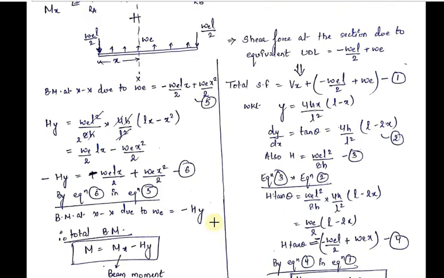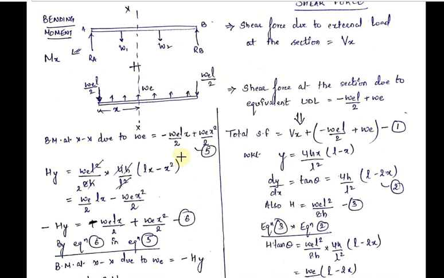Now let us see how we can find out the value of bending moment at any section in a two-hinged stiffening girder. Again, if we add up the bending moment in the first part plus the bending moment in the second part, I will get the total bending moment. So suppose the bending moment due to the external loads at this section is Mx. We are not finding out the equation because the load can be anything. So suppose the bending moment at this section due to the external loads is Mx.